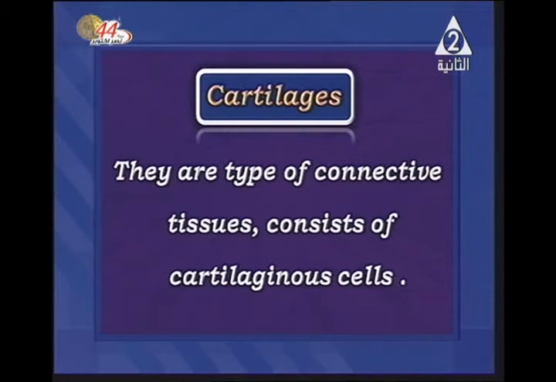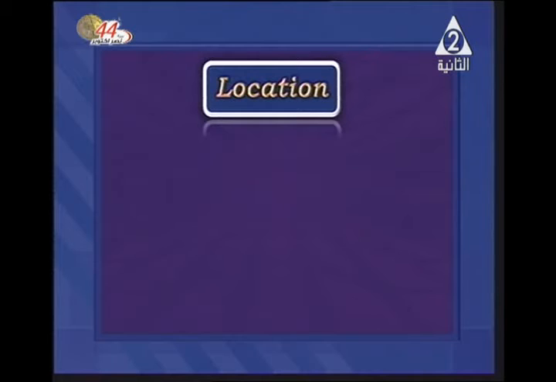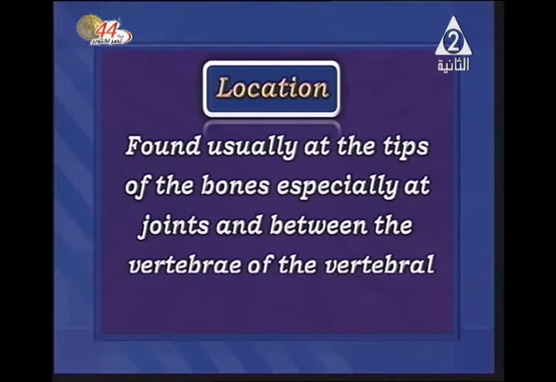What about the location and function of cartilage? As I told you, in each part I need you to tell me the location and function. Location of the cartilages: they are found at the tips of the bones, especially at joints and between the vertebrae of the vertebral column. This is the location, okay? And what are they doing? The function: